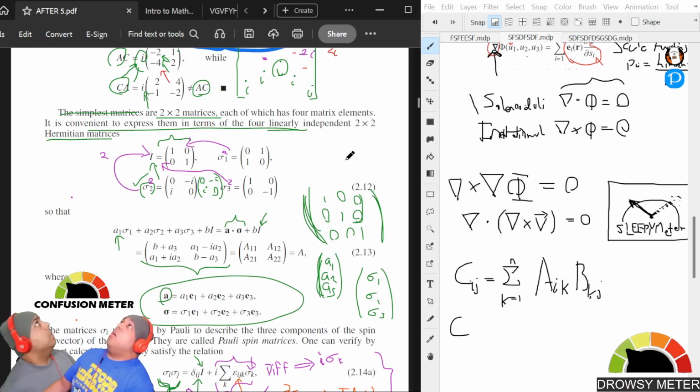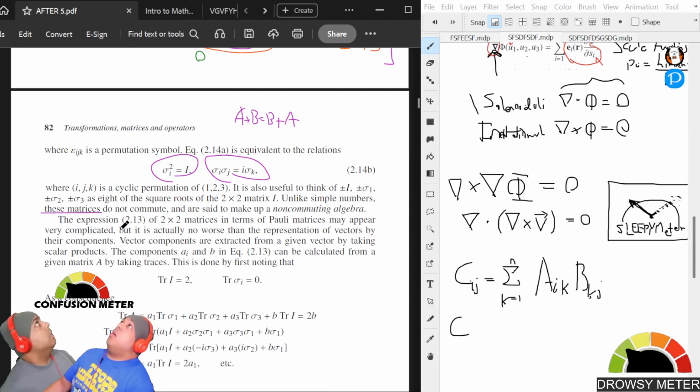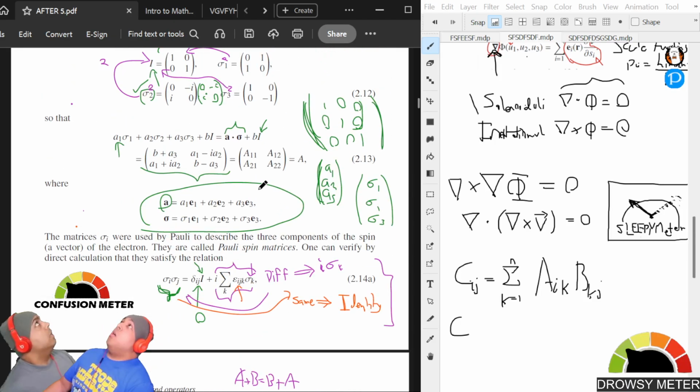One plus 0, 1, 0, 2, plus or minus. Let me finish reading. The expression 2.13, which is this,